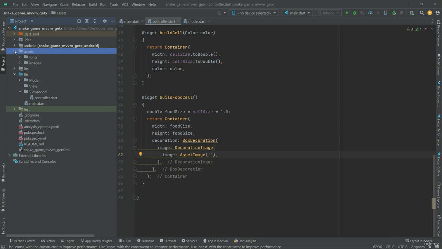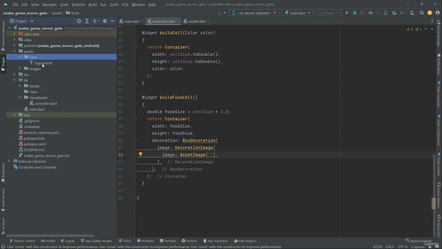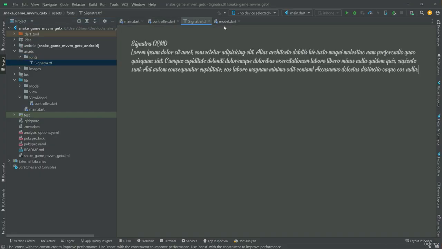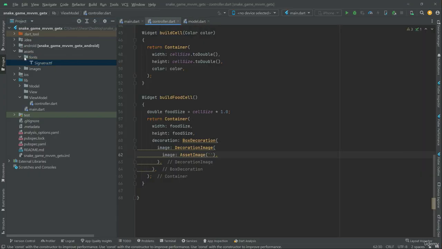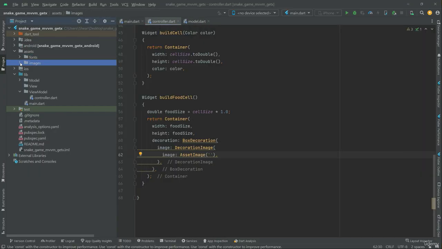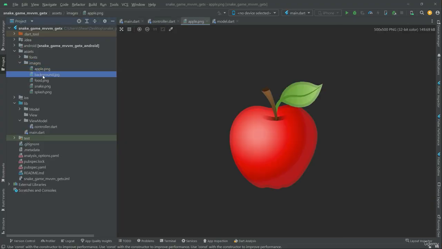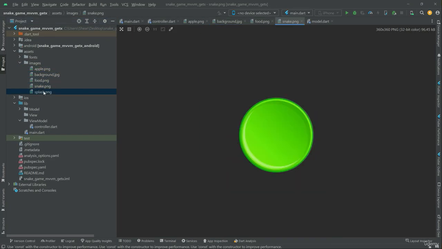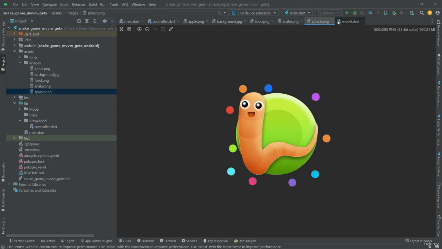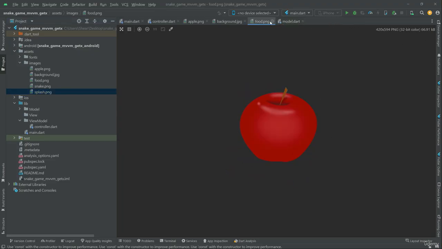Okay, so right inside that, as I told you already, the font style will be the signature that we will use, and over here you guys can see the images, the specific images that we will use for our game. Okay, now I'll just close that quickly